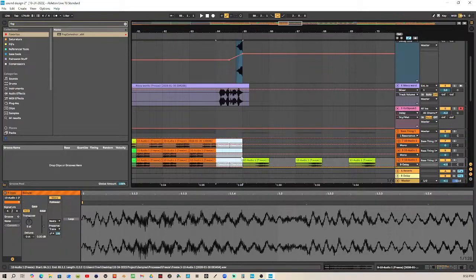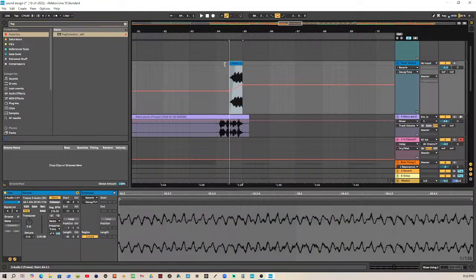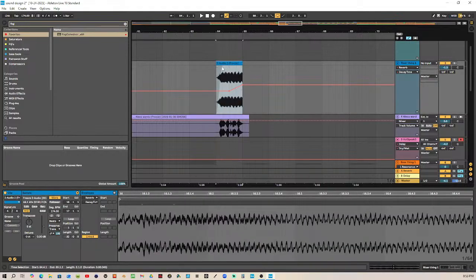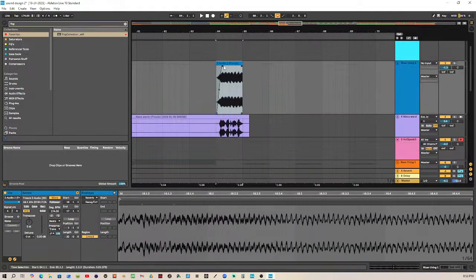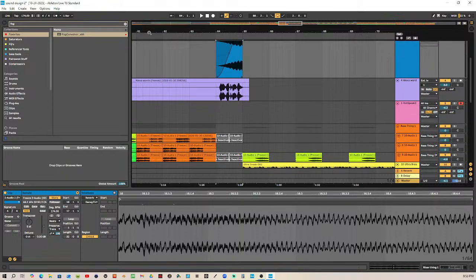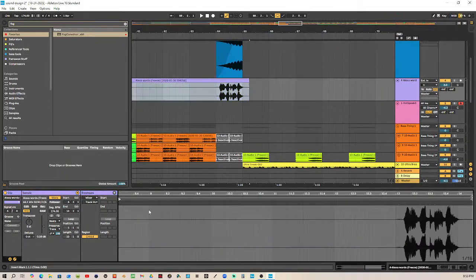Or maybe I'm thinking something like this. Maybe I get back to this section here. And that fade. And something like that.